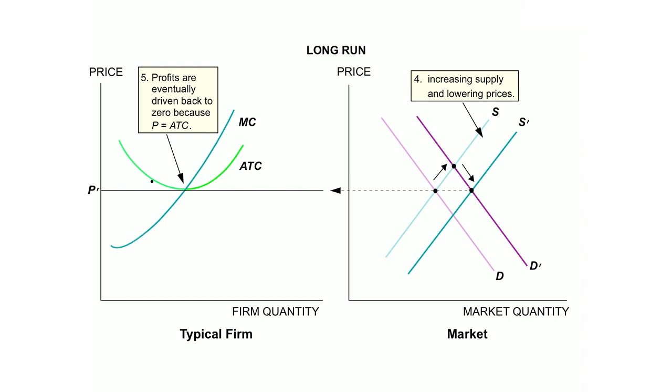So the new equilibrium represents a situation where price equals average total cost, just like the old equilibrium. The only difference now is that there's more produced in the market. You can see that the amount produced is larger over on the right of the picture. We've gone over this direction,